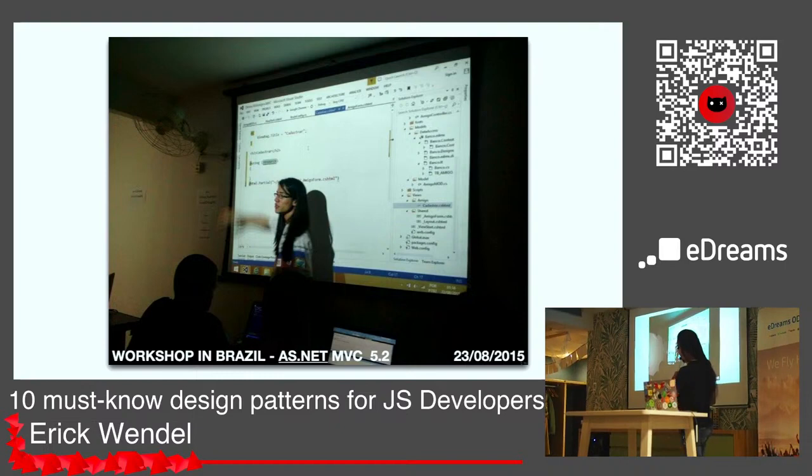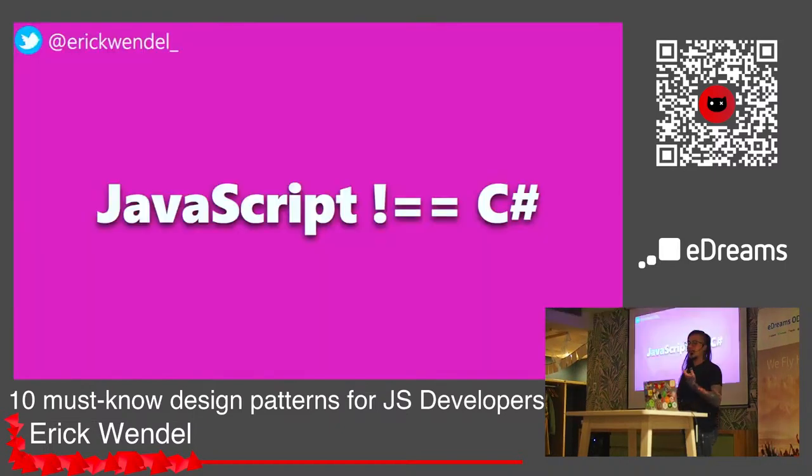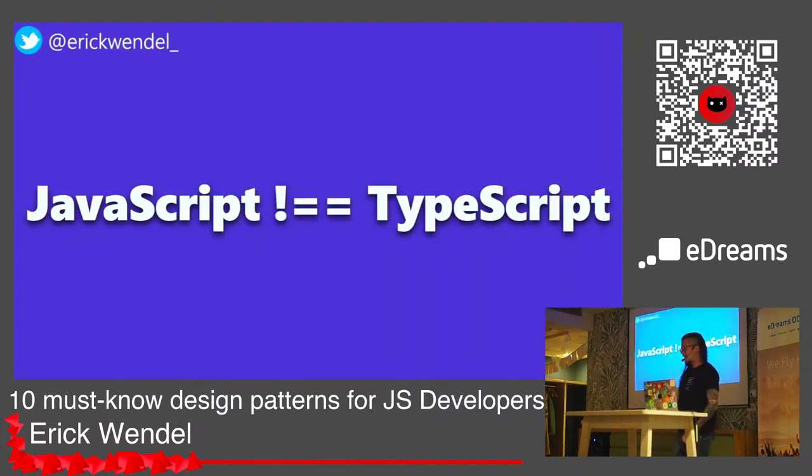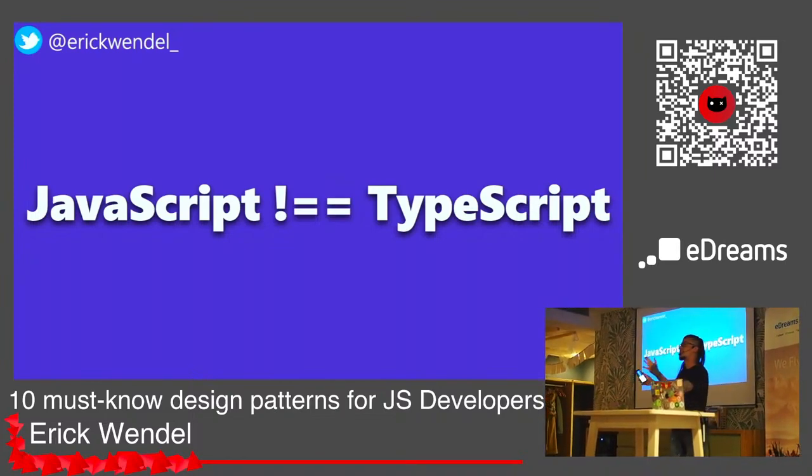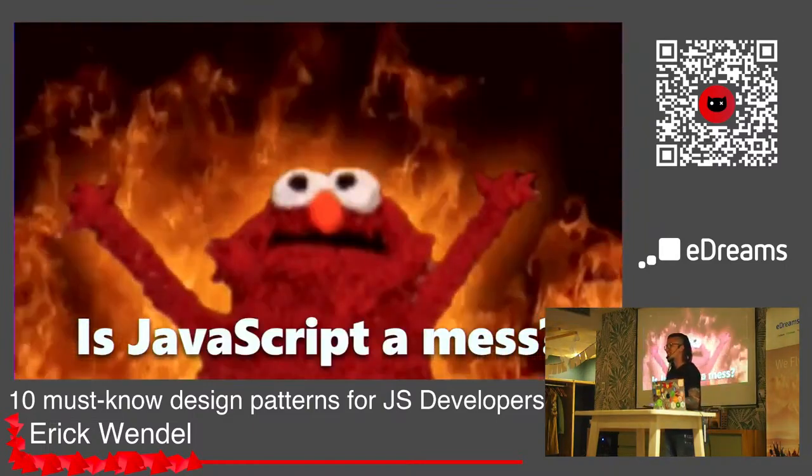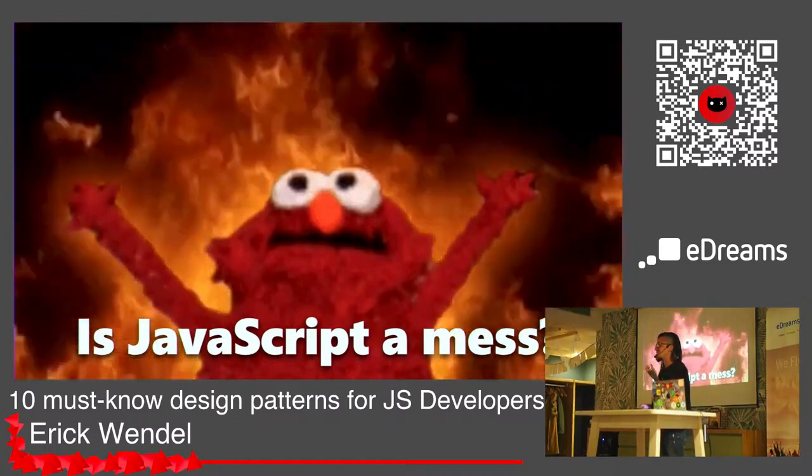So it was ASP.NET with C#, and then I started working with JavaScript, and I noticed JavaScript is not C#. C# is completely different. C# has a different paradigm, and I started struggling a bit with this. And I noticed JavaScript is very similar to TypeScript, but it's not exactly the same. You cannot apply everything that you have in TypeScript in JavaScript. Well, you can, but you're gonna have to make some workarounds, right? So my first notice was, oh my God, is this just a mess?